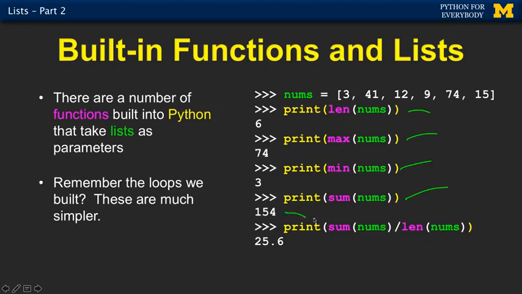Sum of the list is 154, and you can calculate the average by the sum. Now, some of you who will go back to chapter 5 and say, well, why did you give us all those for loops to do the same thing instead of just telling us this function? So the answer is, well, there are reasons for knowing how to construct those for loops, and they were good,